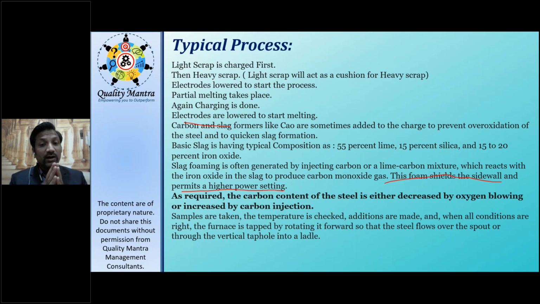नाउ अगर आपको कार्बन कंटेंट ज्यादा ही है तो हाउ इट विल बी डिक्रीज, इट कैन बी डिक्रीज बाय द ऑक्सीजन ब्लोइंग और इंक्रीज बाय द कार्बन इंजेक्शन। अगर आपको बढ़ाना है तो यू हैव टू इंड्यूस द कार्बन, और अगर आपको डिक्रीज करना है तो ऑक्सीजन ब्लो करना है। दैट फैसिलिटी इज देयर, बट इट कैन बी यूज्ड बेस्ड ऑन द मेटल केमिस्ट्री,